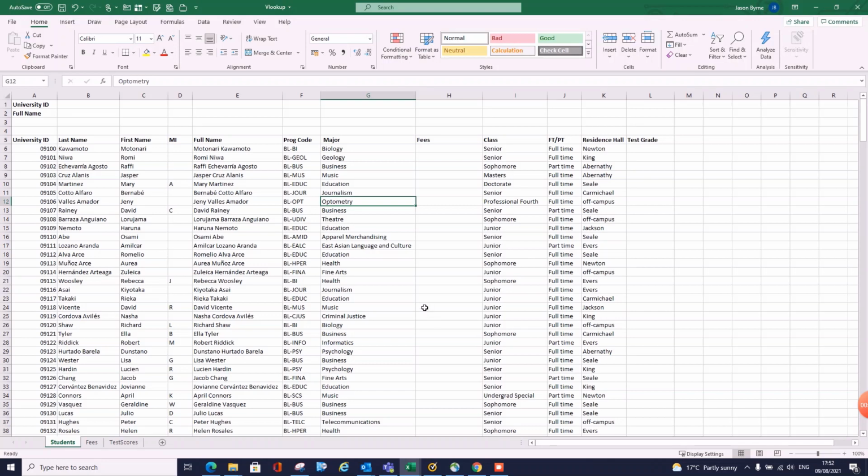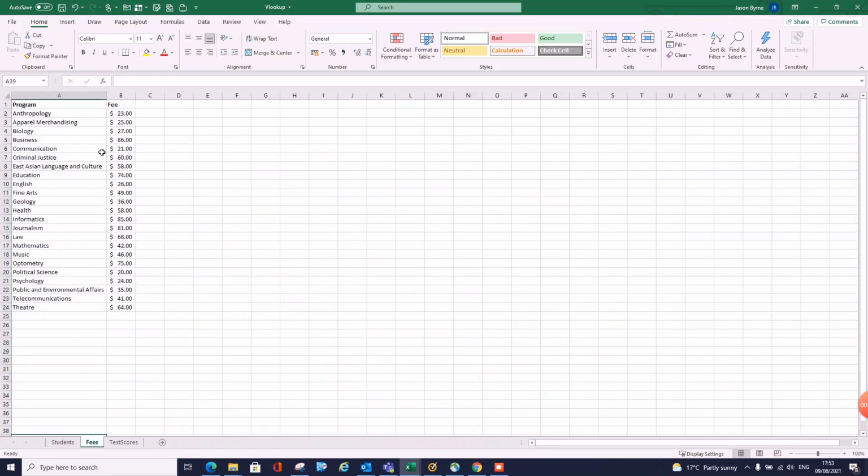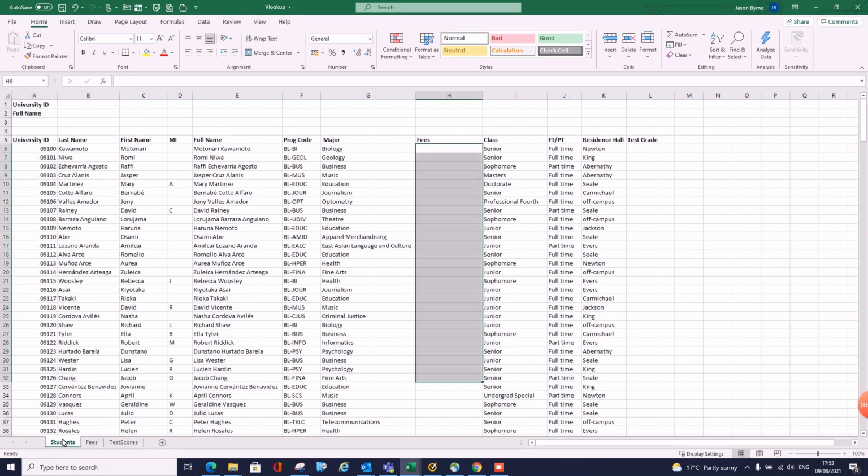What are we trying to achieve here? These are all of the programs in a certain college, and we want to identify what the fee is for each program. So we have a list of fees here for the programs. So we're going to go back to the students, then we're going to go up here